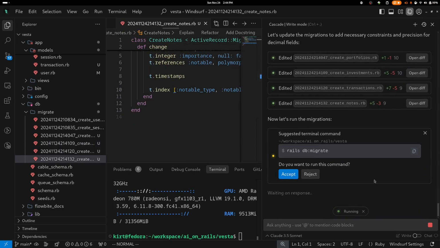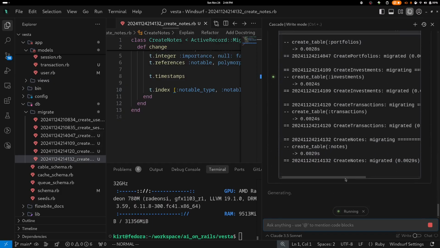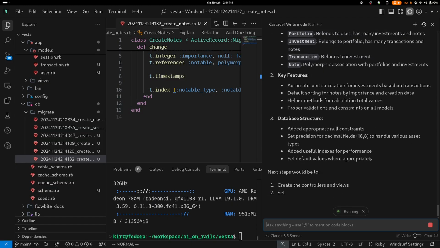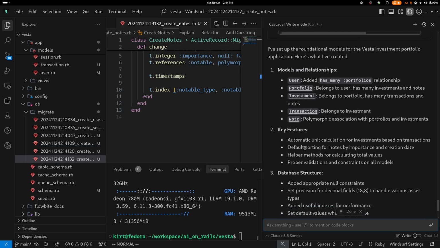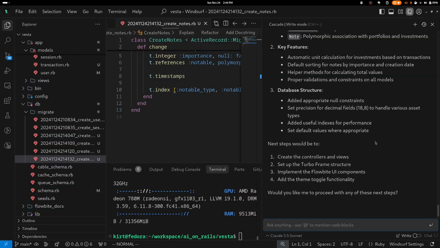And that must mean that we're done with all of them. And so now it's asking us to run the migration command, which it did, and it was successful. And now it's giving us an outline of what it did, created the models and relationships, kind of gives us some specifics there, the database structure, and now it's asking if we want to continue and create the controllers and